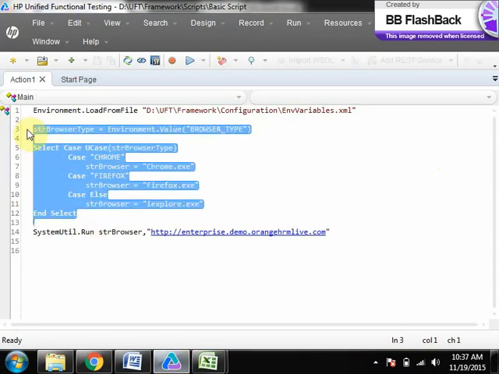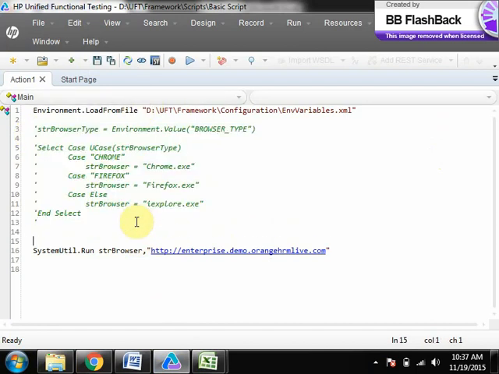Instead of this, set OWSH equals to CreateObject wscript.shell.